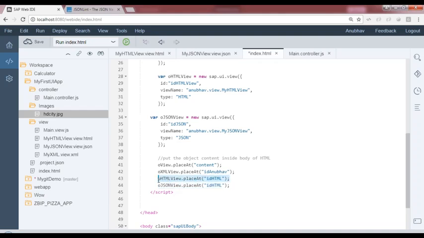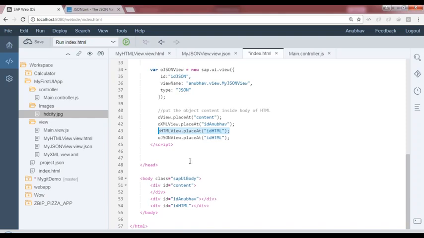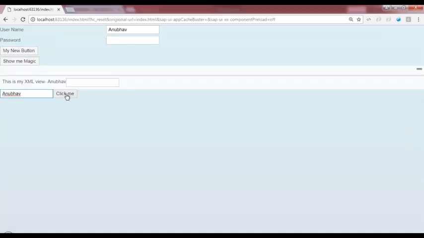I first put my HTML view in this container, in this div element, and then on top of it, I now place my JSON view. It will overwrite my HTML content, only HTML content. Okay, so let's go and test it. Earlier you had this Anubhav and this button. This will get overwritten by HTML content with the